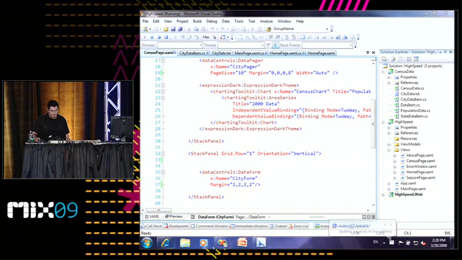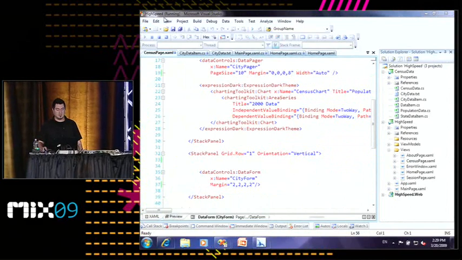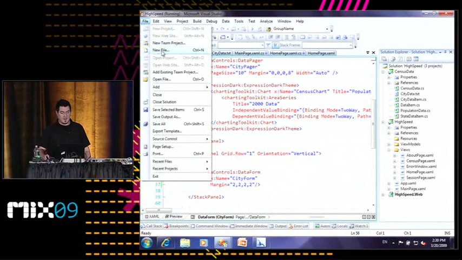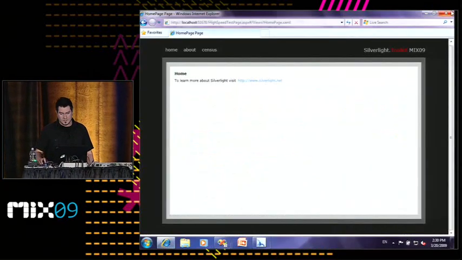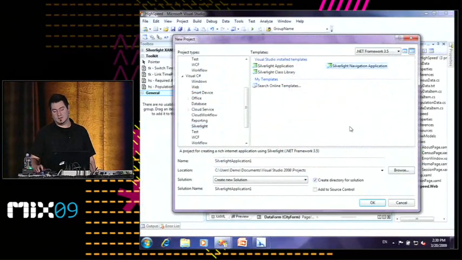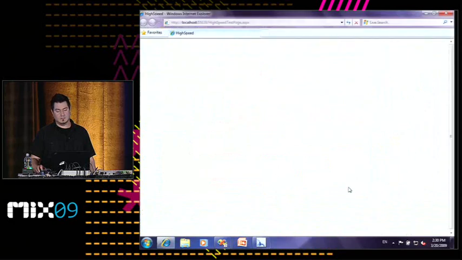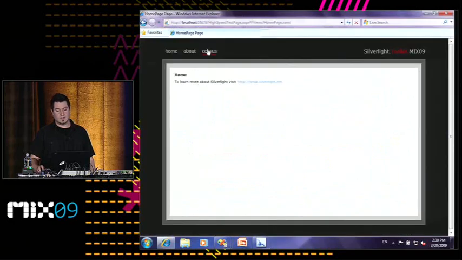So first, I mentioned the navigation sample application. If you were just to come up and say File, New Project, and there it is, Silverlight Navigation Application. If you say OK to that, then you get something that looks very much like this, minus the word census over here, and minus this change. But home, about, as you move through this